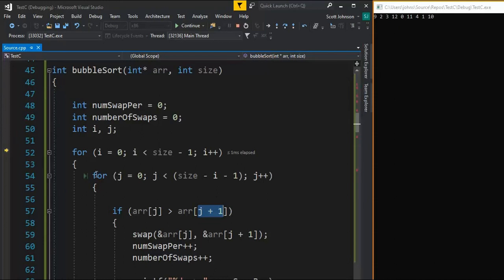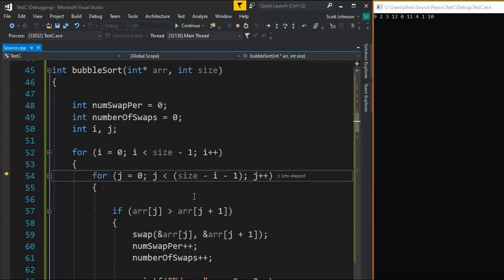But you'll notice here that I'm saying for j equals 0, so I'm going to start at this first number, 9, and then I'm going to say while j is less than size minus i minus 1. So I will always go up to the one before the end. And you'll see how as I keep incrementing i, I do less and less work in j. Excellent. You'll have to step through this several times until you master it, but once you do, there's a good